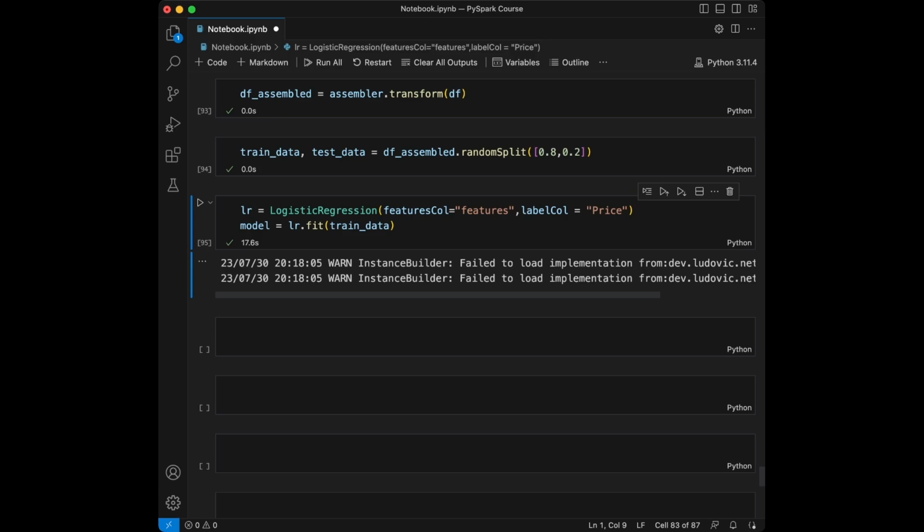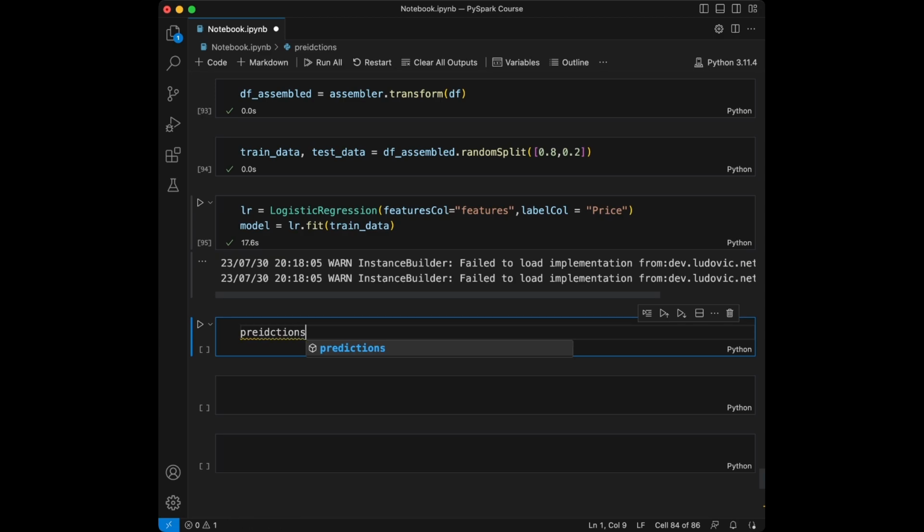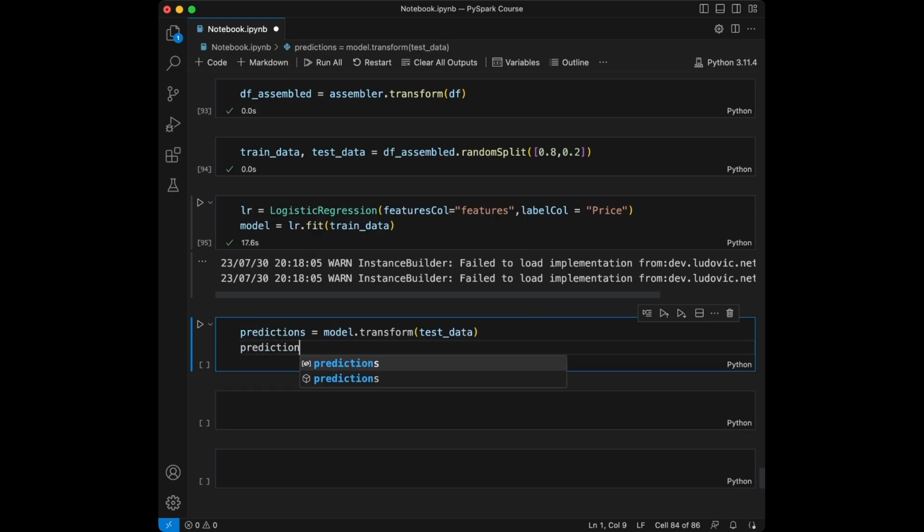And this is the logistic regression model we have here. It's trained in 17 seconds. And let's make predictions. We are going to say predictions is going to be equal to model.transform test data, and we are going to say predictions.select features